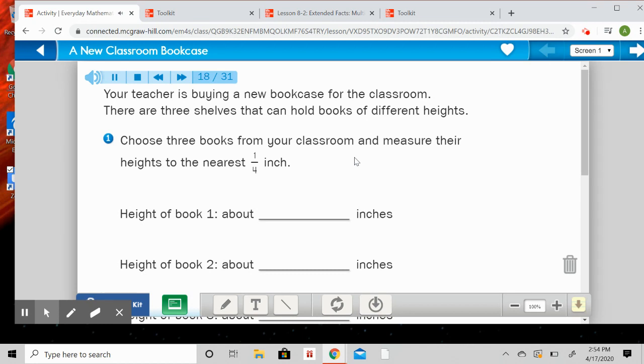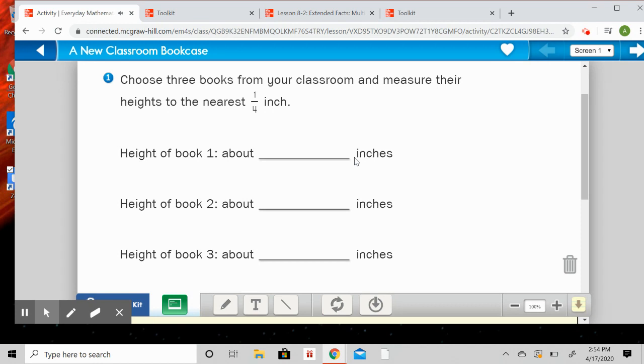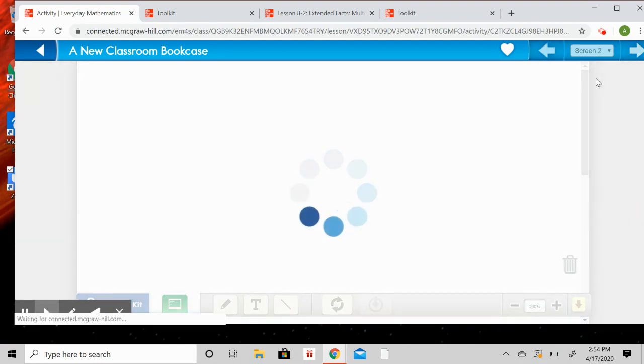Height of book 1, about blank inches. Height of book 2, about blank inches. Height of book 3, about blank inches. If you have a measuring tape at home, you can pick 3 books from your house and measure them to the nearest 1/4 inch. However, if you do not have a measuring tape, you can skip this part. When you get to screen 2,